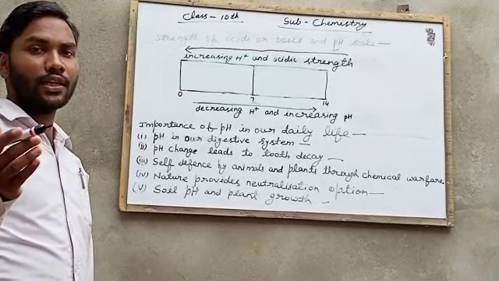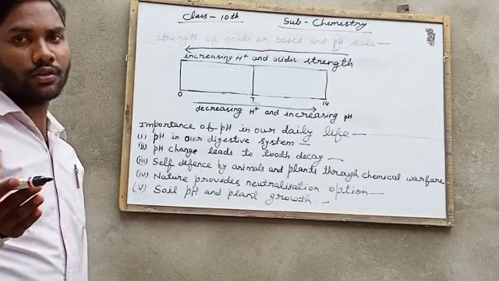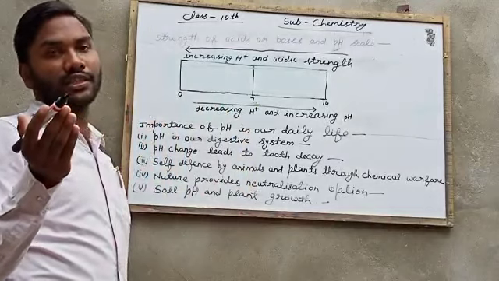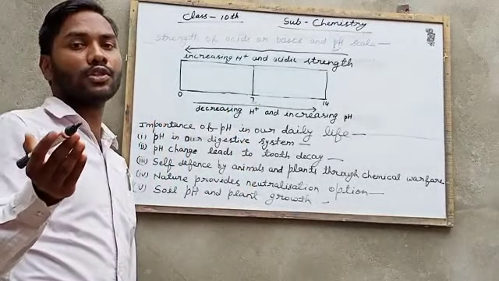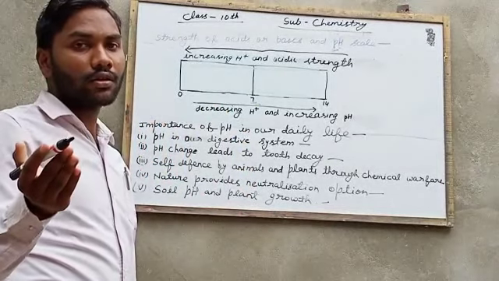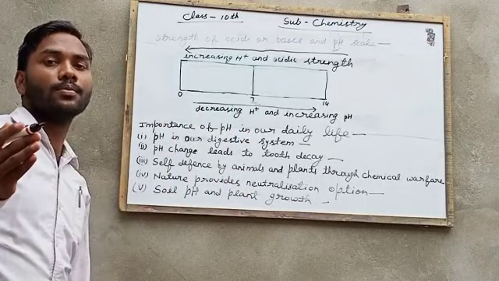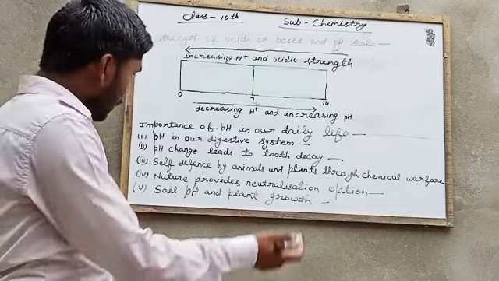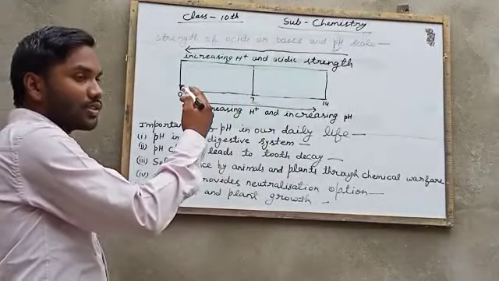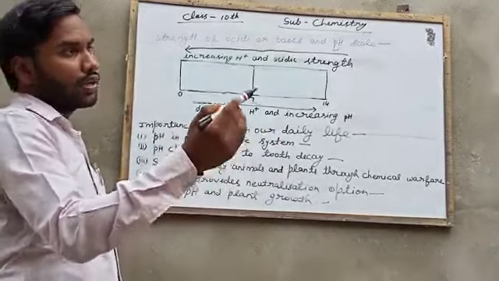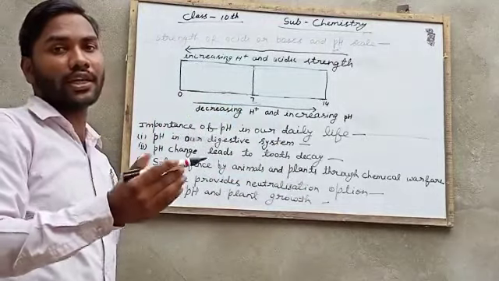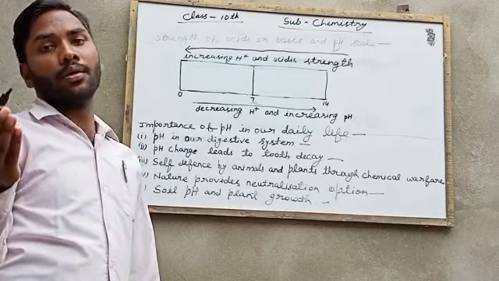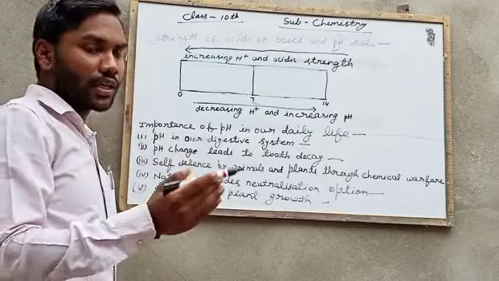With the pH scale, we find some conclusions: acids have pH less than 7, a neutral solution has pH 7, and alkaline solutions have pH more than 7. If pH decreases, acidity increases, and if pH increases, acidity decreases.